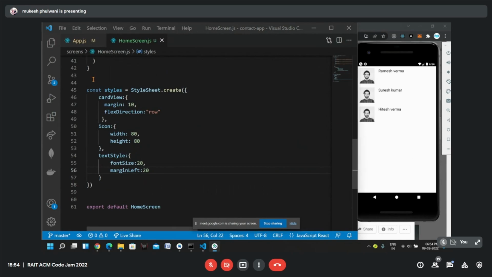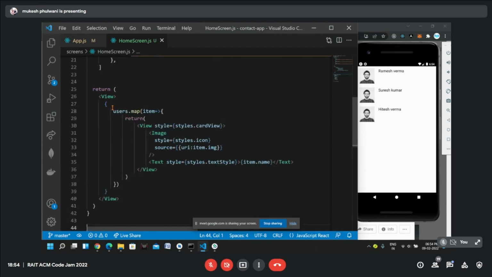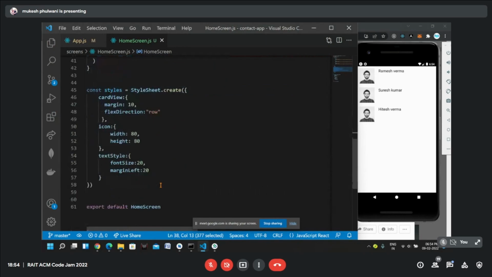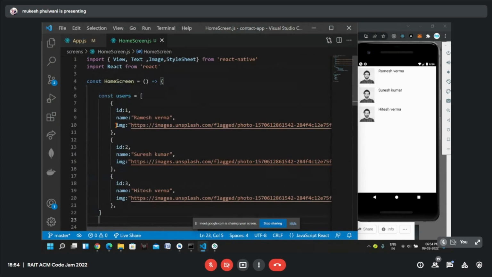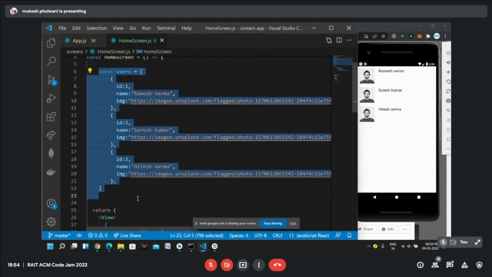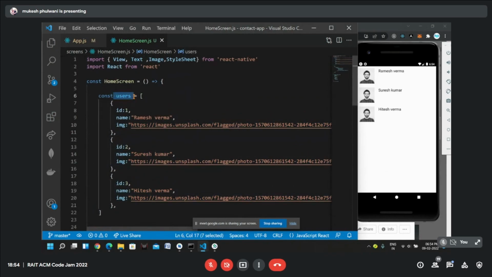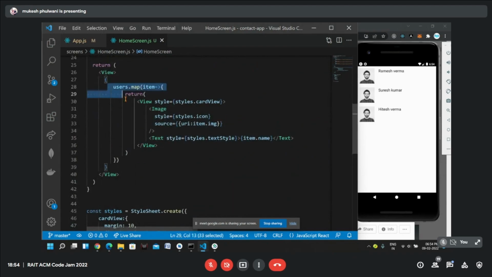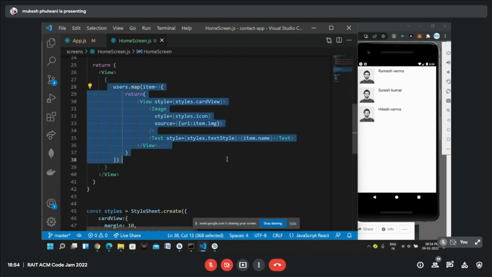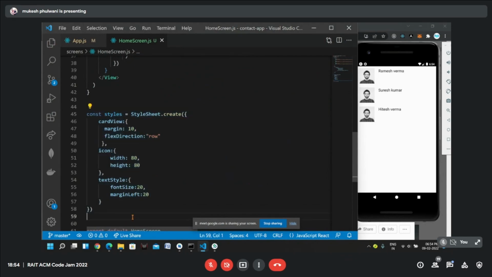Does anyone have any questions so far? I hope everyone is able to understand. Am I going too fast? Prashant, are you there? Yes, I'm there. Does anyone have any questions so far regarding any of the syntax that we have used, or any of the topics you feel you have not understood? So far it's simple. We have a normal variable. This is, in fact, not even a state variable. We will see why we need state in the first place later. We are just iterating it, and we are outputting the content. These are basic styles.